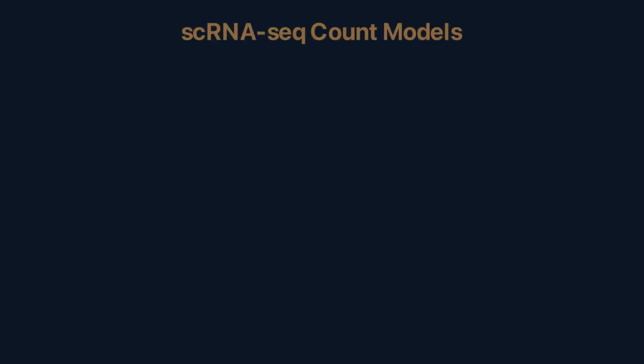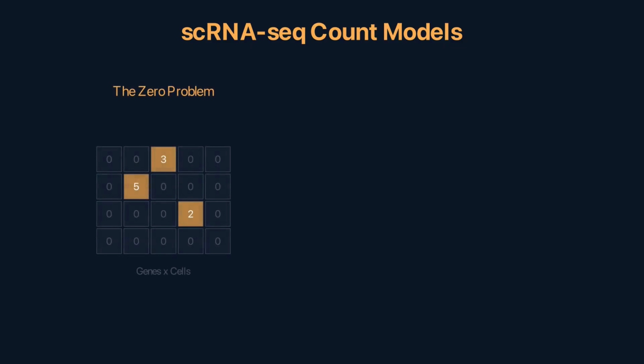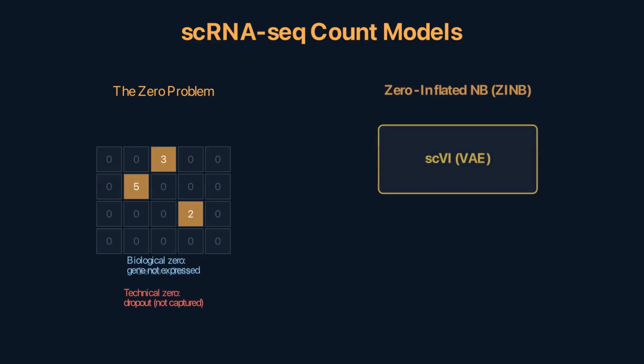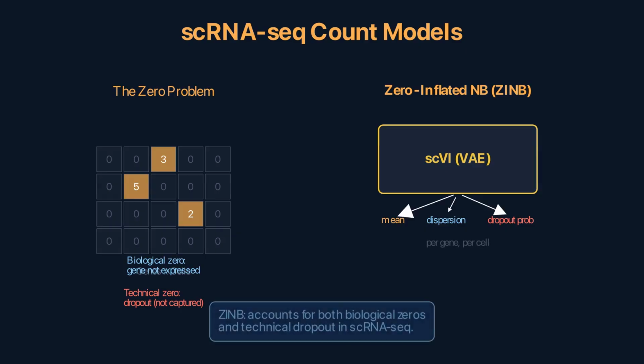Single-cell RNA-seq adds a complication: zeros. Lots of zeros. A gene might be expressed but not captured, dropout. scVI handles this with a zero-inflated negative binomial model, ZINB. The variational autoencoder learns the negative binomial parameters mean and dispersion, and the dropout probability for each gene in each